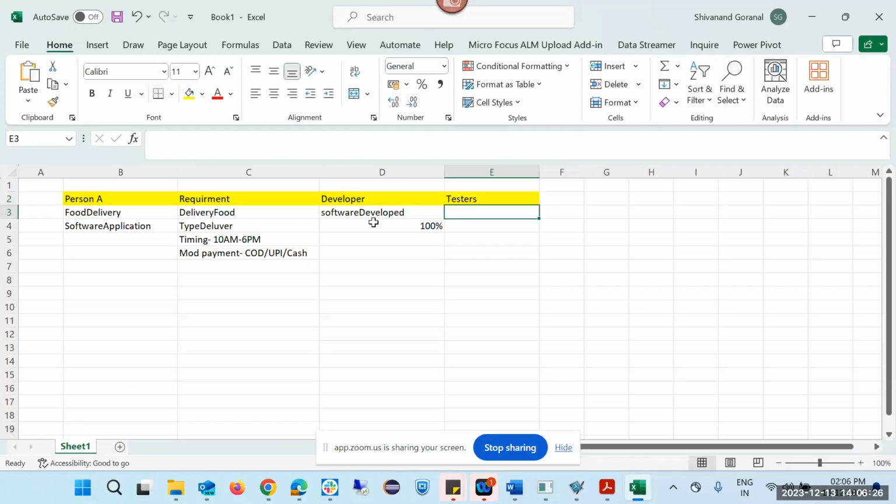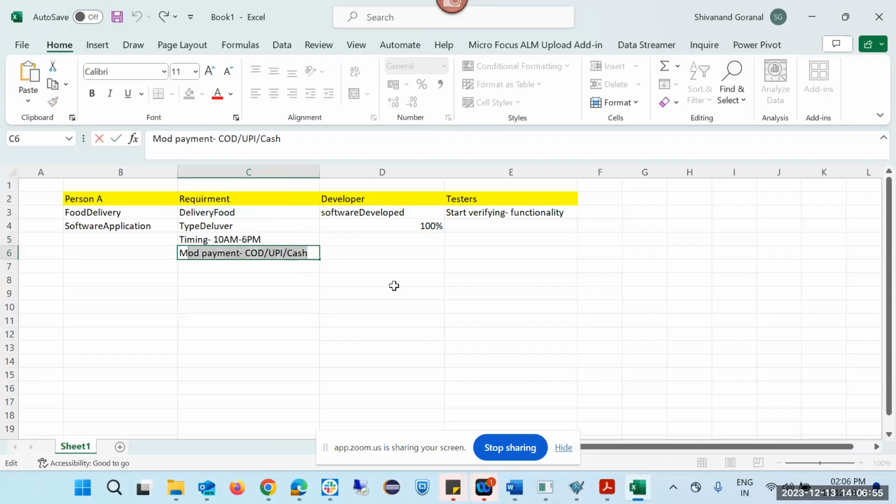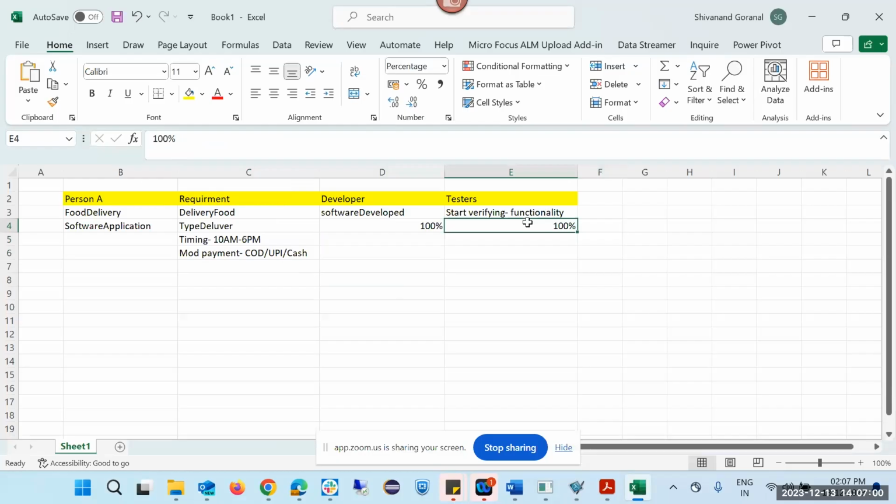The developer will hand over that application to the tester. The tester will start verifying. Verifying what? Verifying the functionality of the software application that is developed. What will he check? Whether the login is happening or not. For food delivery, whether the type of food, the menu and everything is showing or not. Whether the timing is showing correctly or not. Whether the payment is showing correctly or not. He will test one by one. Once he says 100% all the functionality is working, there are no issues,